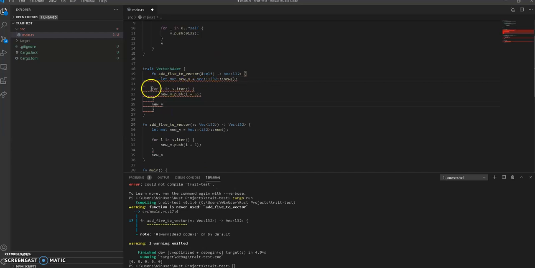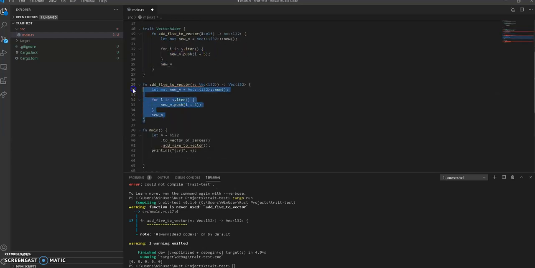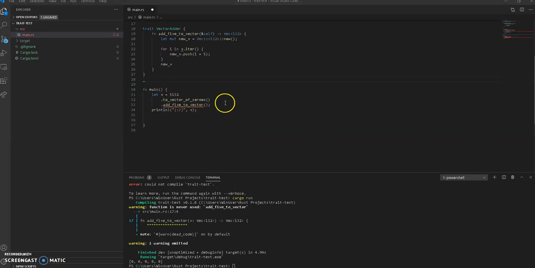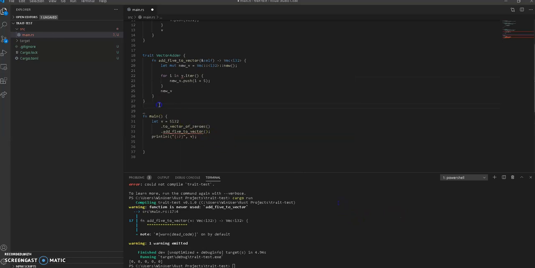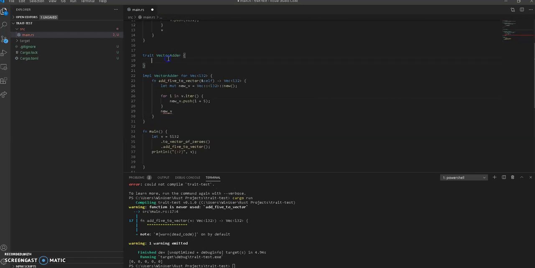And we're just going to go like this, and all good. So what happens once we implement VectorAdder for Vec<i32>? Sorry, this one goes in here, and in the trait we're just going to add